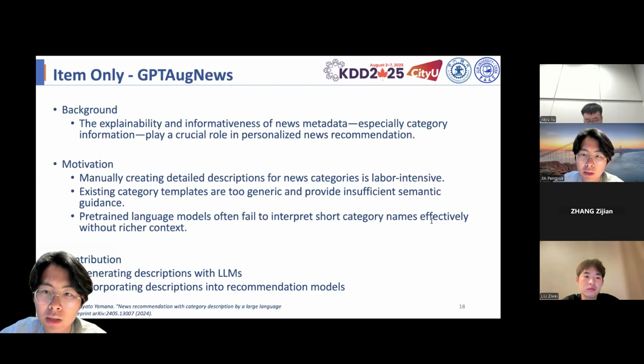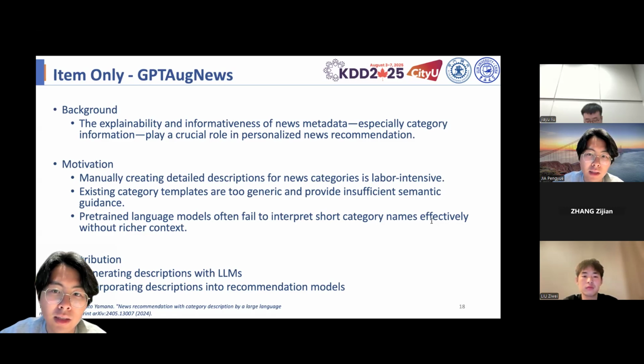Next, we introduce the item-only method, GPT-Aug News. The background here is that the explainability and informativeness of news metadata, especially the category information, play a crucial role in personalized news recommendation. And the motivation is